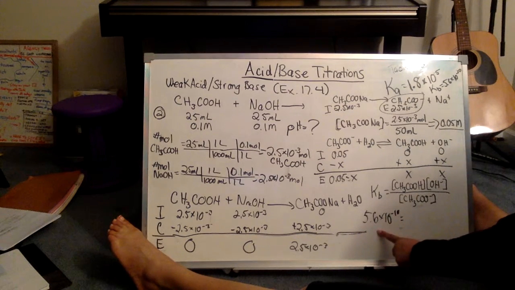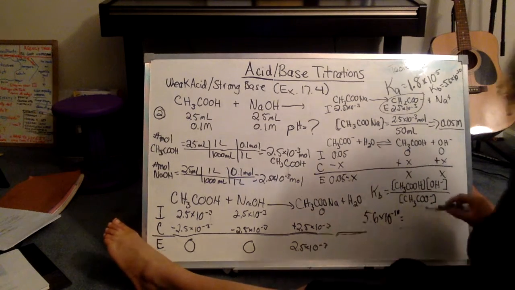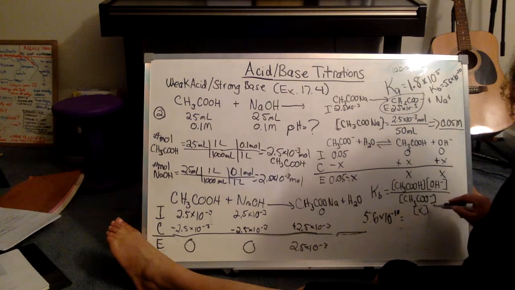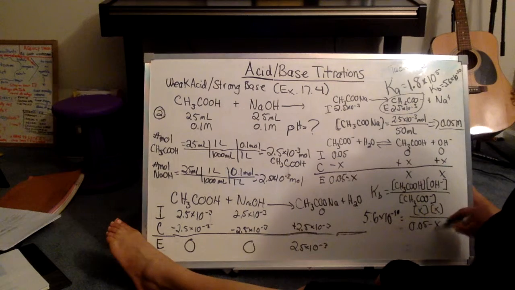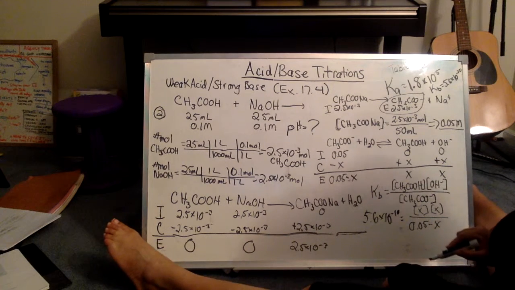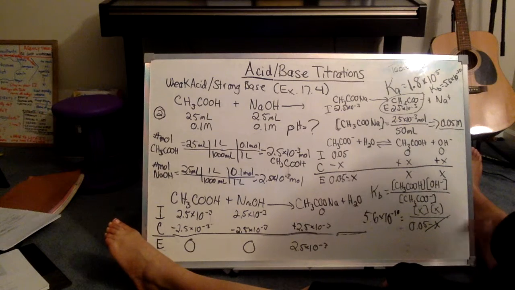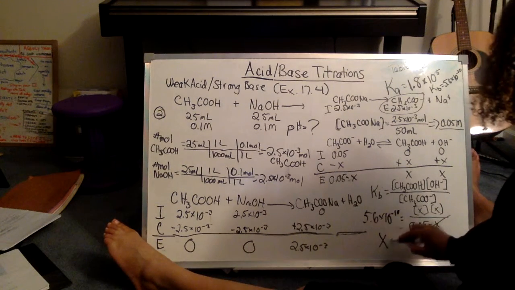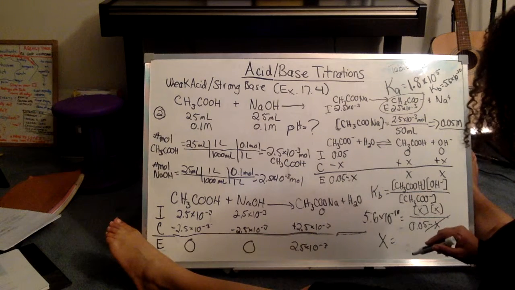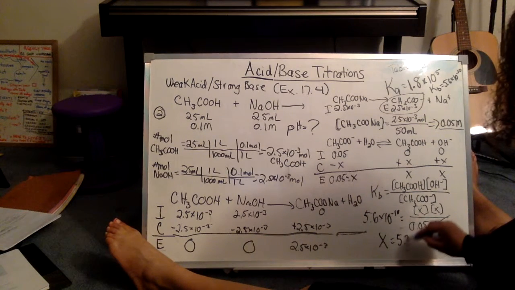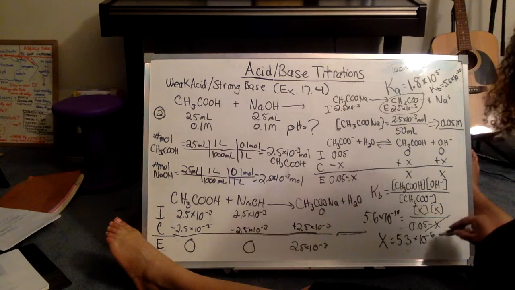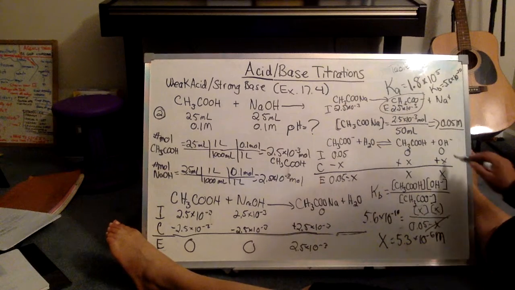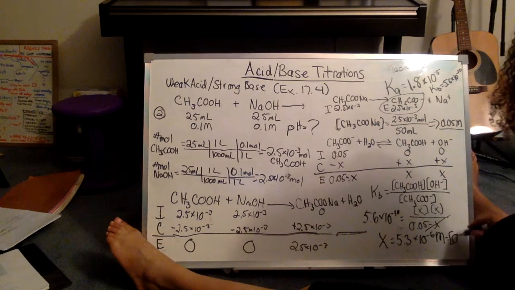So we put that in, and we put in X times X over 0.05 minus X. We're going to make an approximation and assume that this is very small. So then we solve for X and find out that X is equal to 5.3 times 10 to the minus 6 molar. This X is OH, so this is the OH